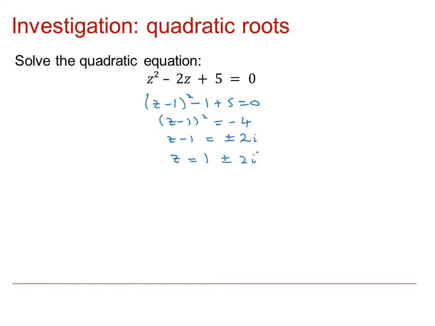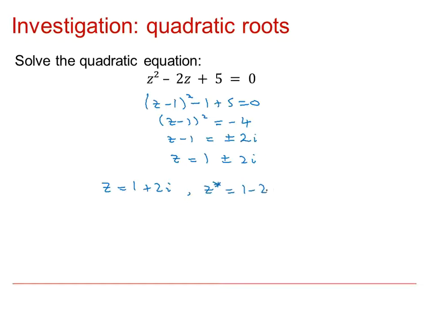So we've got two roots here. We've got 1 plus 2i and 1 minus 2i. And notice that they are a conjugate pair and will always be a conjugate pair for a quadratic. It doesn't matter which one I call z and which one is z star. I've decided that z is going to be 1 plus 2i, and therefore its conjugate pair I can call z star,